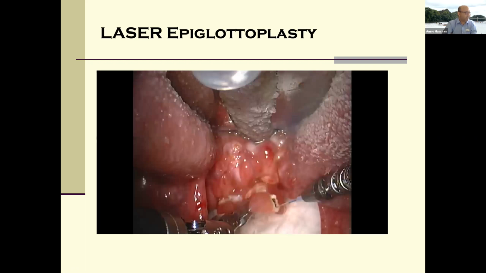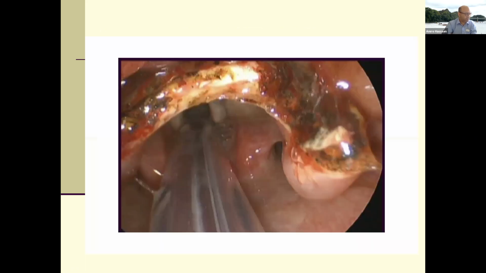We can also trim the epiglottis, which would have benefited the man in that last video we saw, and this is it happening using the Da Vinci robot. And that's the epiglottis partially resected. You can see that's the edge of the resection. Those are the vocal cords down there, which have come into view, otherwise that epiglottis may have been blocking that view off.